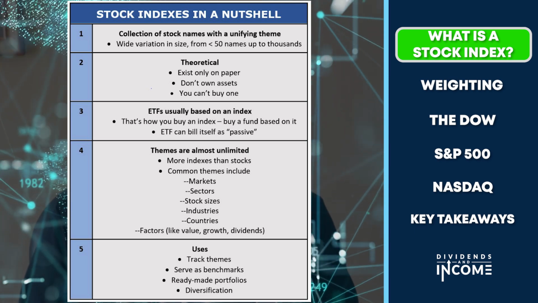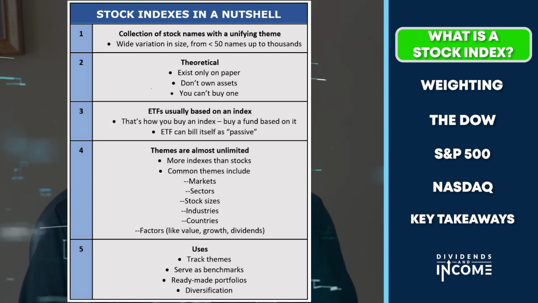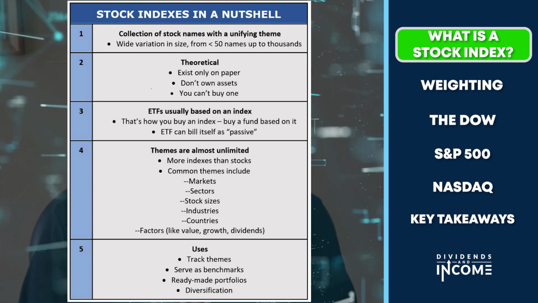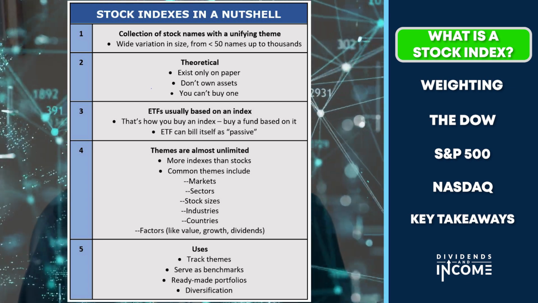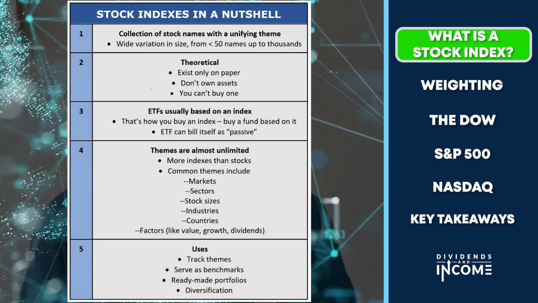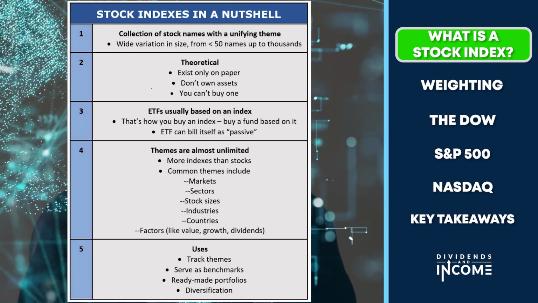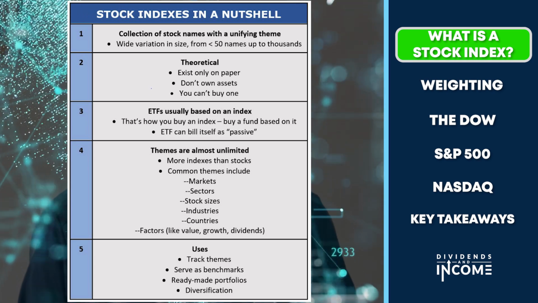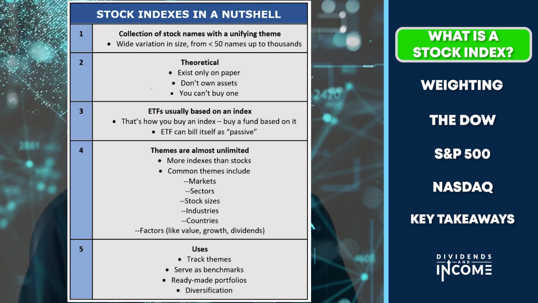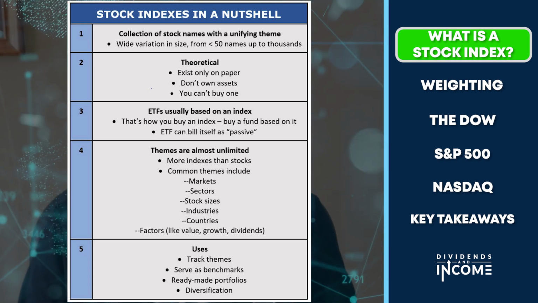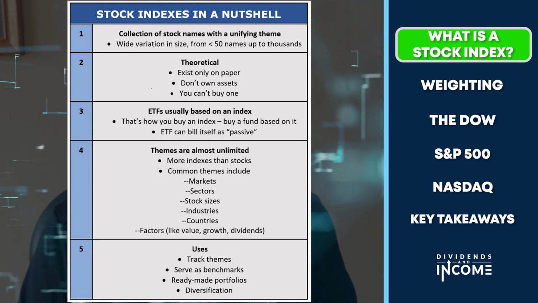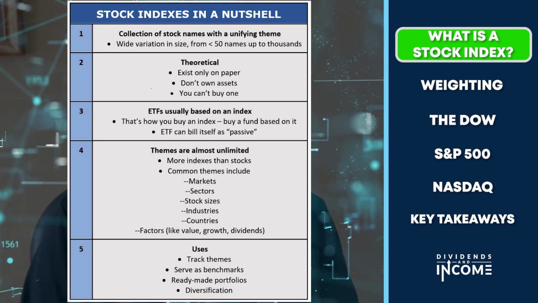The word passive implies that not much happens in it, but in fact, because of how the index is constructed and rules that are embedded in the index, an ETF can be moving money around quite a bit, buying and selling and trimming and adding new stocks, rebalancing itself. But in the marketing literature for the ETF based on it, they'll say we passively attempt to follow, after fees and expenses, the results of the index, and they'll name the index.